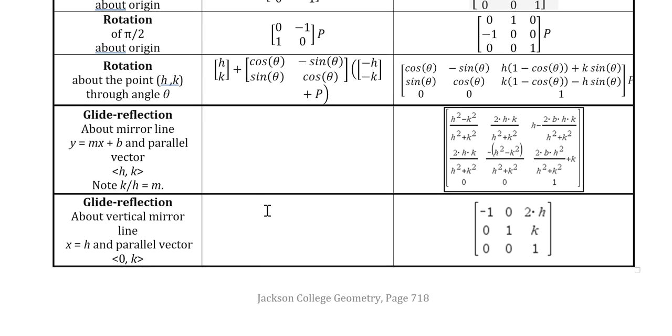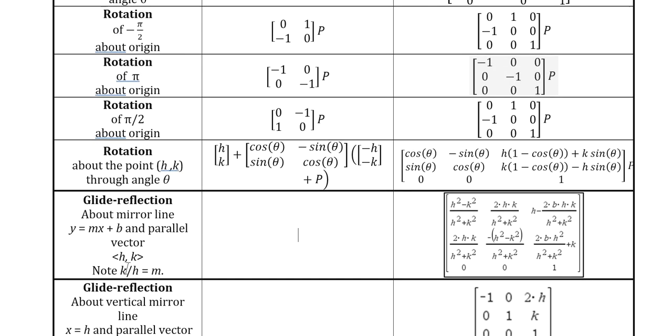I didn't even bother working out the glide reflections over here on the 2 by 2, but I do have them worked out here, about a mirror line y equals mx plus b and a parallel vector (h, k). Notice that k over h is the slope of that mirror parallel line. And so how did I get that? Well, basically I just multiplied the two matrices, where we already knew